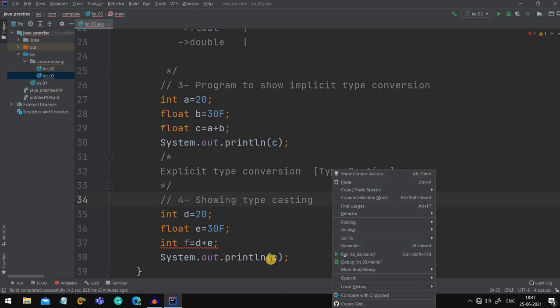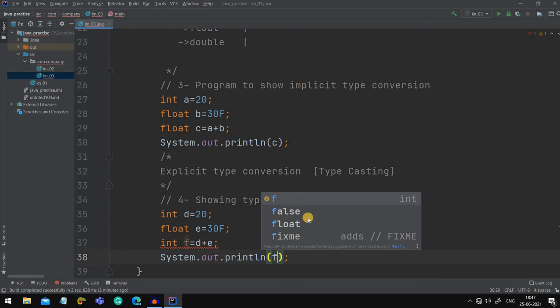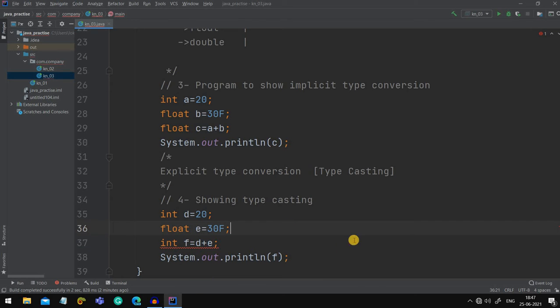Okay, let me try to give the output here, F. Now let us run and see the output.